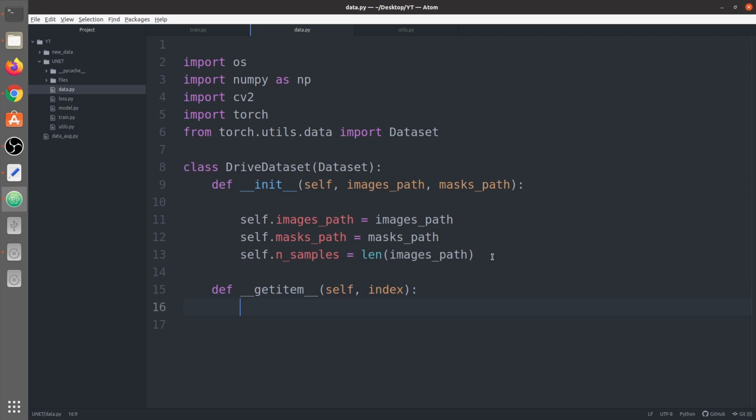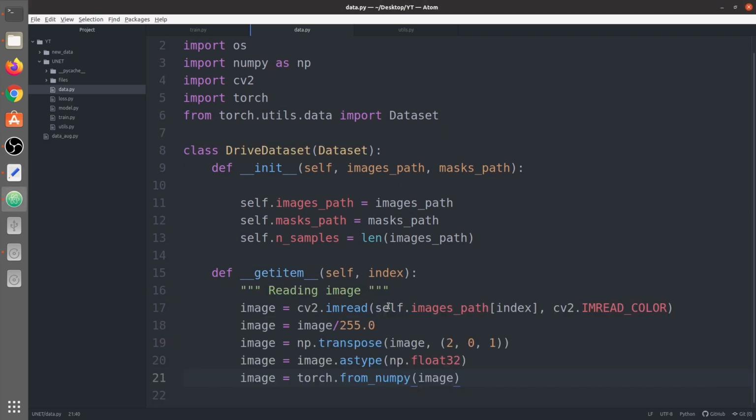Now we need to read the image of this specific index number. First of all, we read the image. I have written the complete code here. We read the image with this specific index as an RGB image. Then we normalize the image by dividing the pixels by 255. Then we transpose the image.